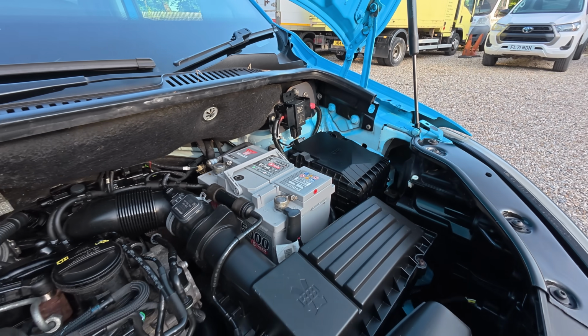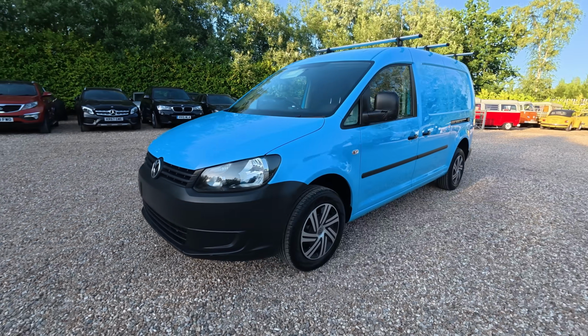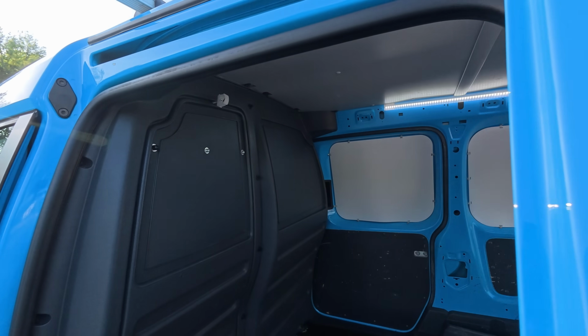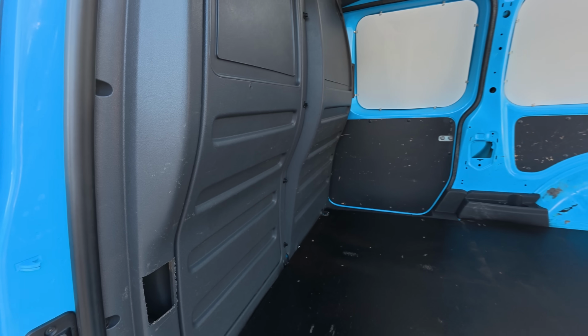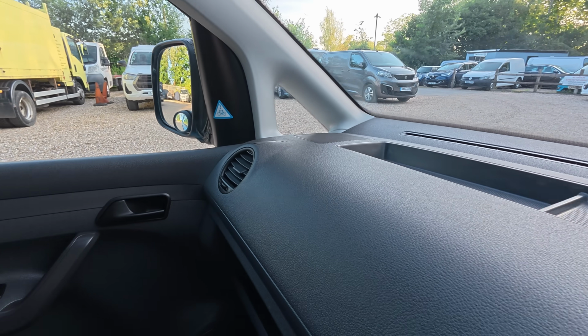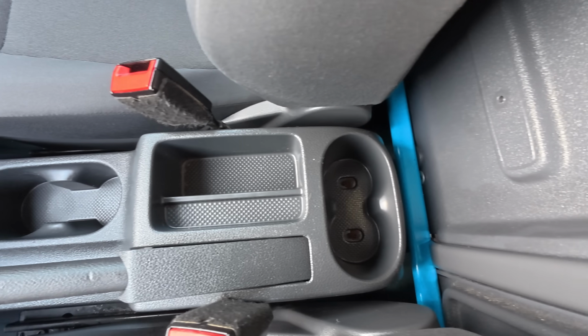So for the budget provided by the customer, I think the van's come up pretty well. The wheel trims are going to be an acquired taste for some people, but they don't look too bad. They're better than the black steel wheels. The inside of the rear's come up really well actually, taking that racking out's made a huge improvement for the next customer, and it gives them a blank canvas to work with. Cab's come up really well. There were a few little marks on the passenger seat that wouldn't come out, but